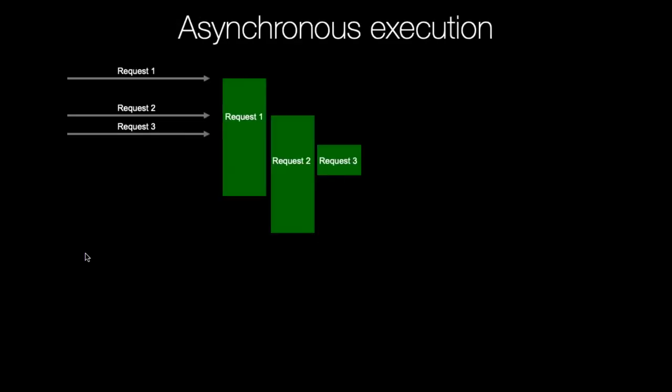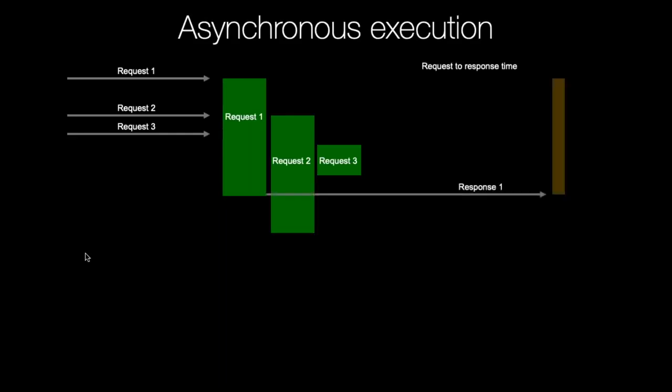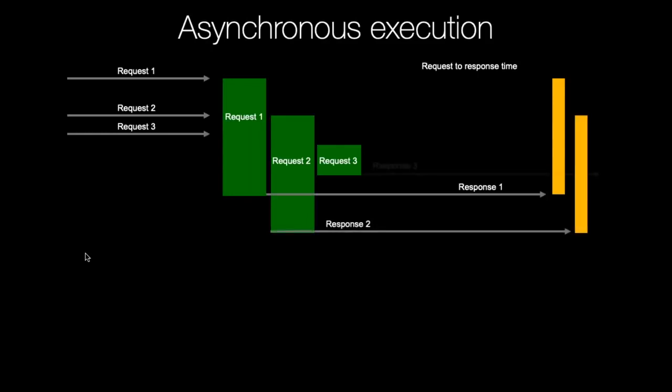All right, so if we were able to apply async and await to this, which is kind of a big if in the Python web space, but there's definitely some good options now, then it would look more like this. First request comes in, we respond same as before, but the second one, well, it came in, but we were waiting on the database, so we were able to trigger all the stuff that happened. And then request 3, maybe took a little tiny bit longer, but we were able to run it as well.